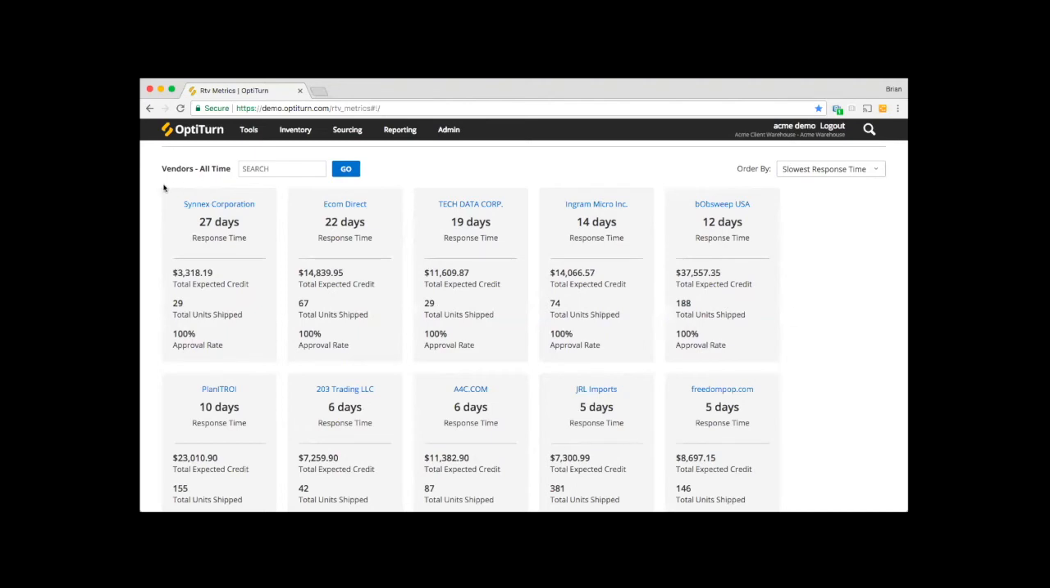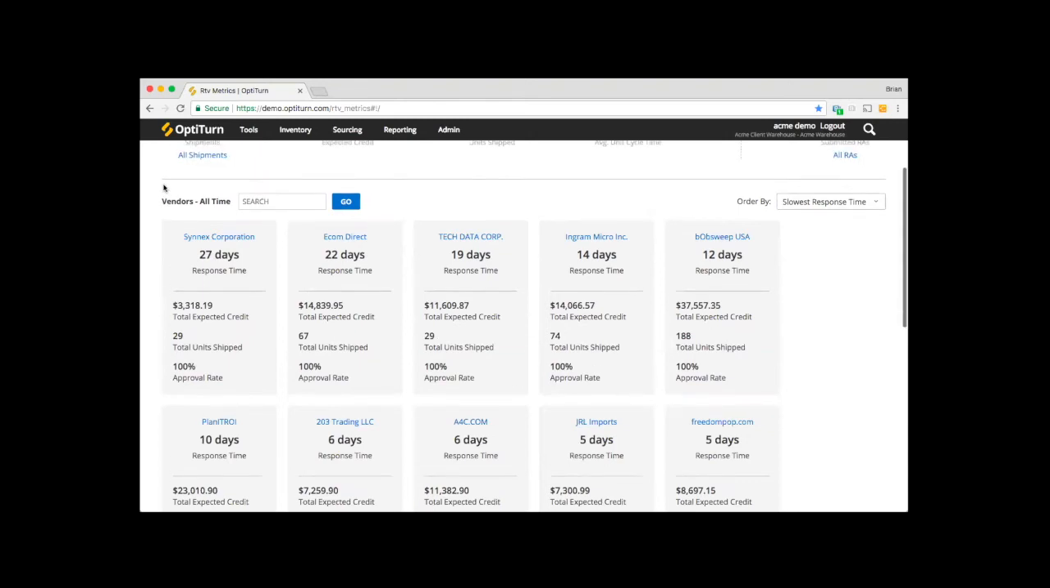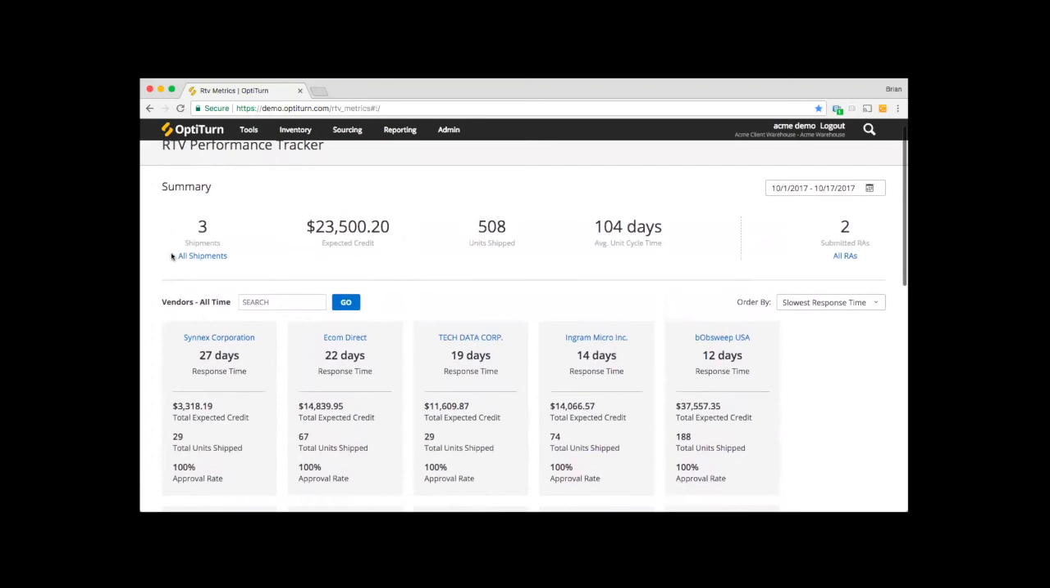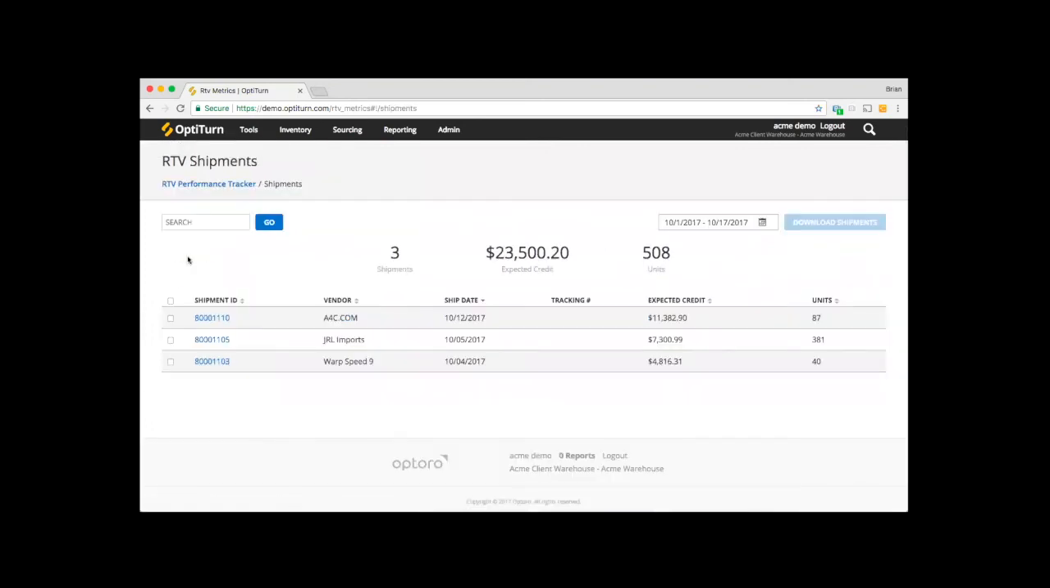And so in addition to RTV managers, accounting teams have also been asking for this type of reporting, as they look to streamline the process of generating credit invoices for their vendors. So just scrolling up here, we can click into a list of all shipments for a given time, and with just a few clicks, straight from this page without any communication overhead needed with an RTV manager or the warehouse floor,